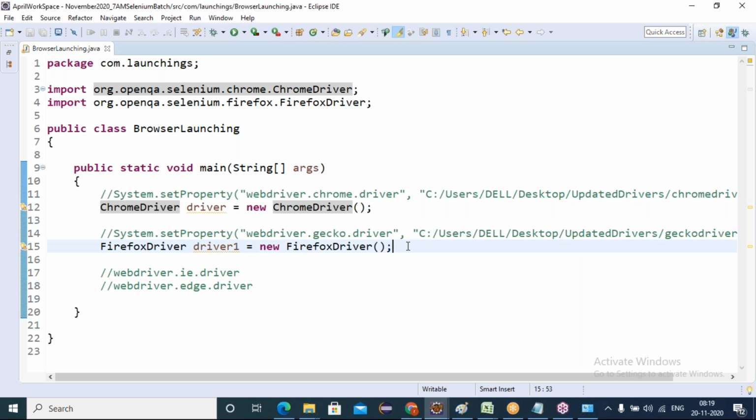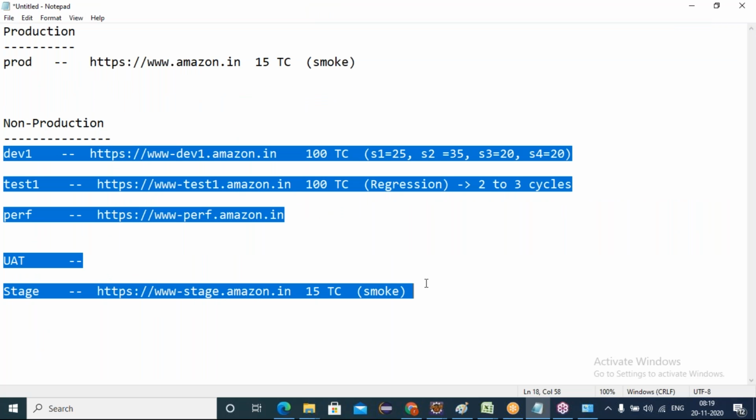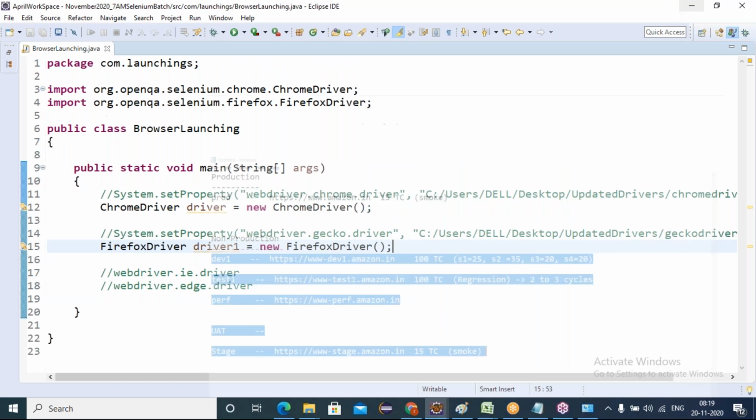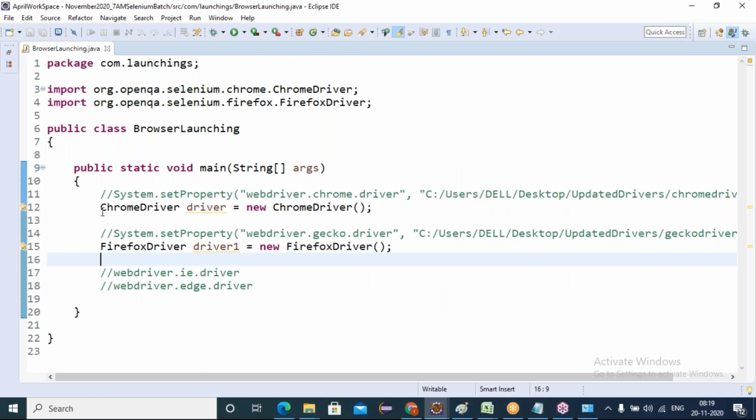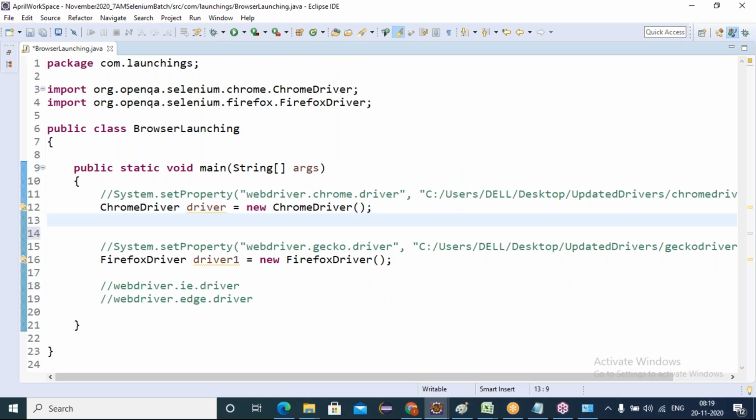We'll see some more dynamism for browser launchings, and we'll be implementing that instances also. So we haven't loaded any URL. We haven't loaded any URL, right? If you want to load any URL, let me show you that. Just production URL will be launching. Friends, in Chrome driver, Firefox driver,